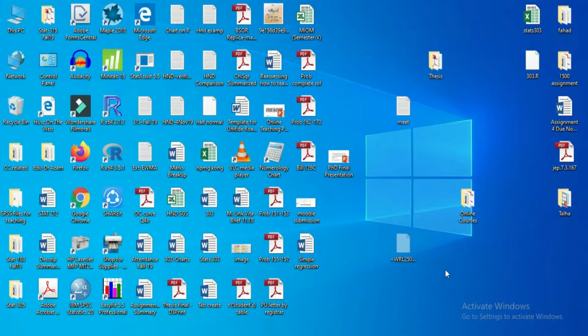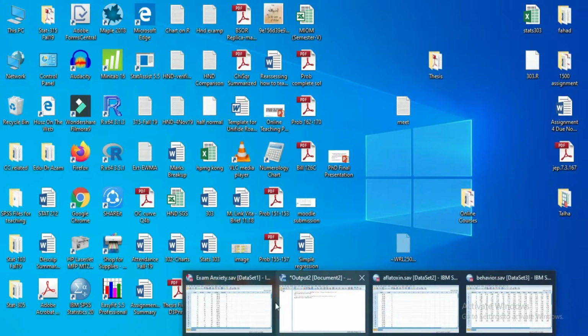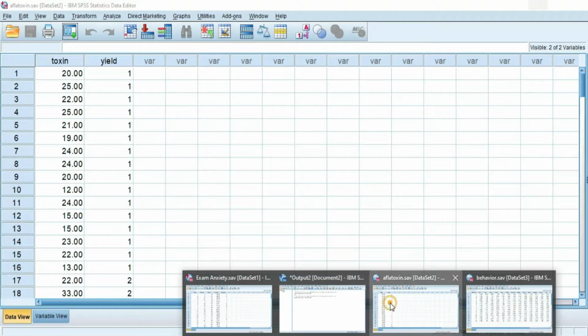To test the normality of the data. How to test the normality of the data using Kolmogorov-Smirnov test on SPSS. So before moving to the test, first I show you some of the data layouts that are possible to analyze